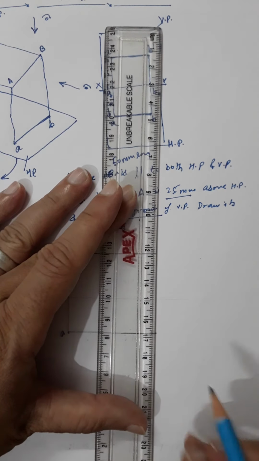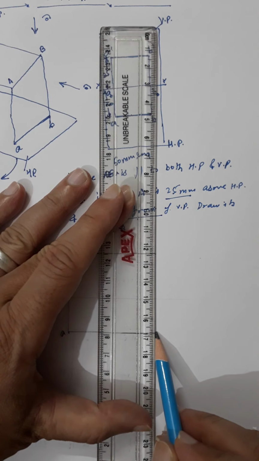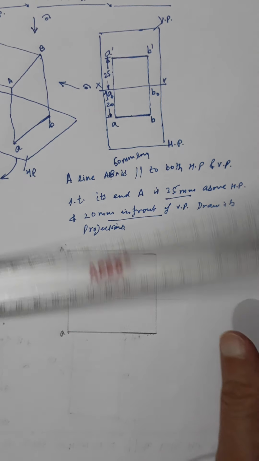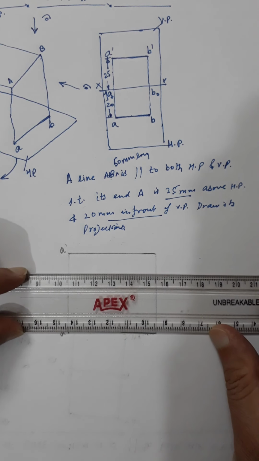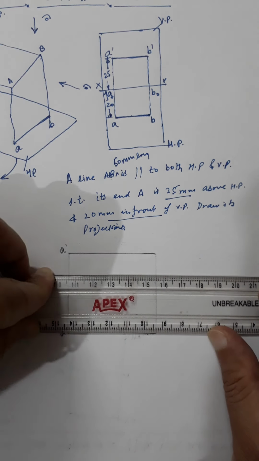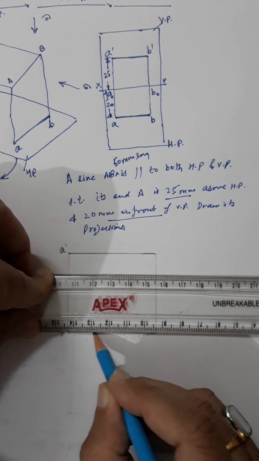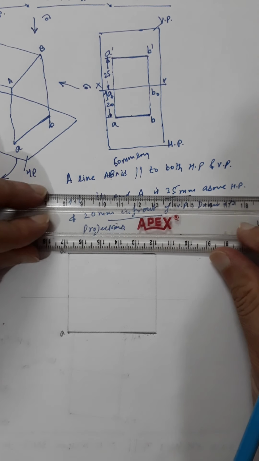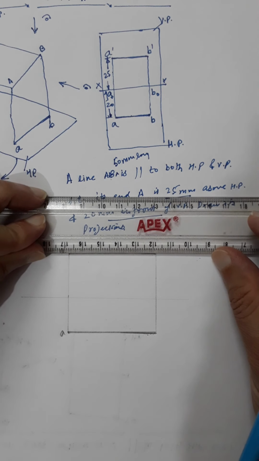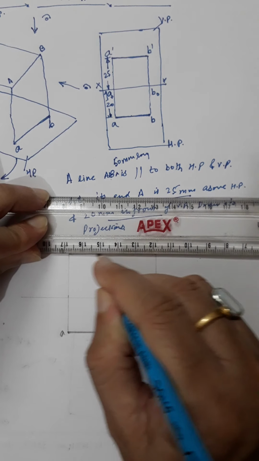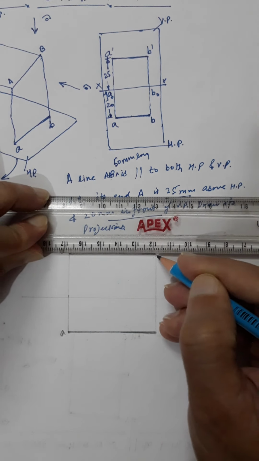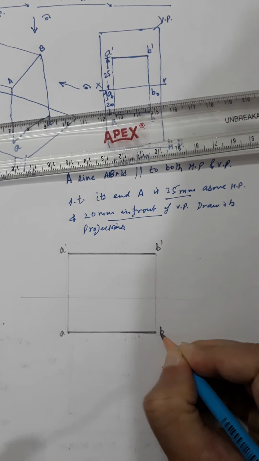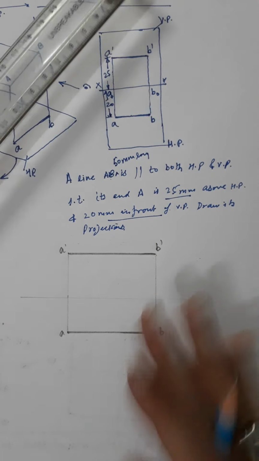Okay, and the line joining the front view and top view is known as projector, and this is continuous thin. Okay, you see the difference between these two lines, continuous thick and continuous thin. Where do we have to use continuous thick? So this is both the front view and the top view of the line. Try to use single stroke only. So here it is B dash and B here. This is top view.